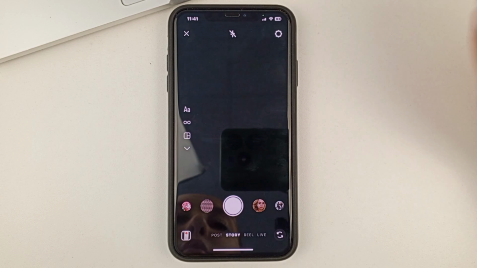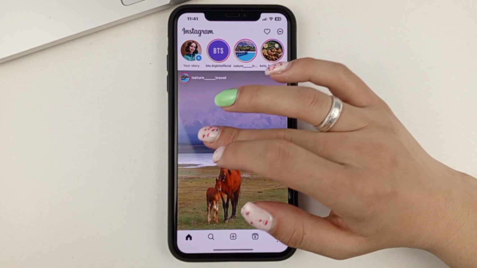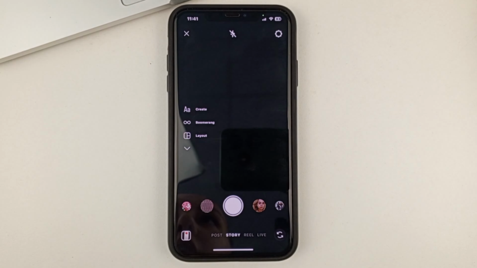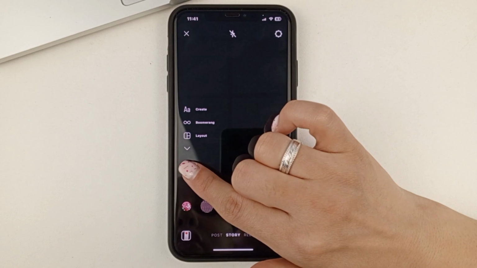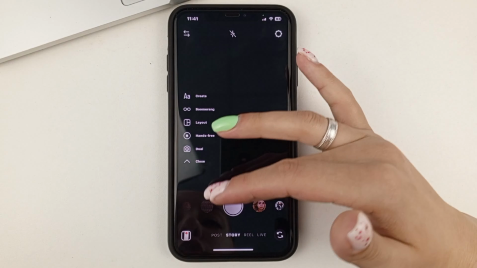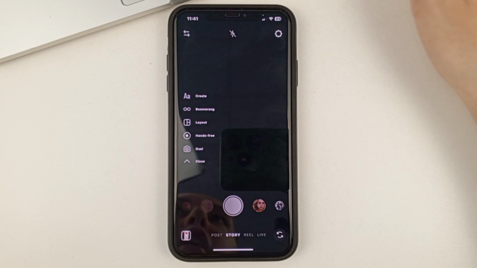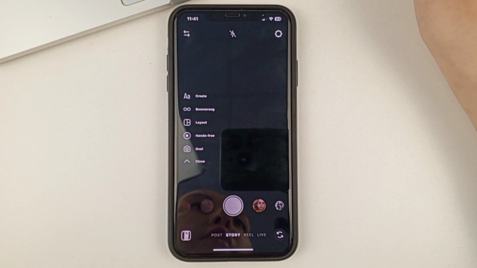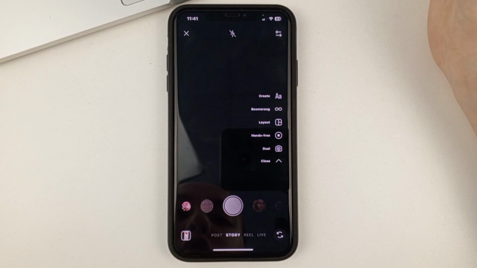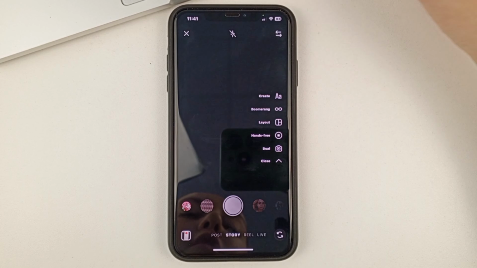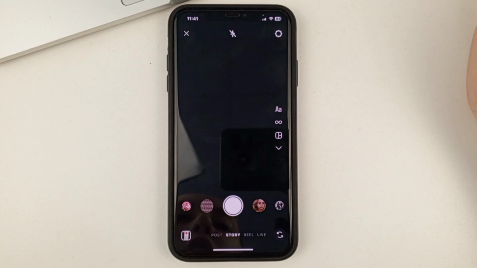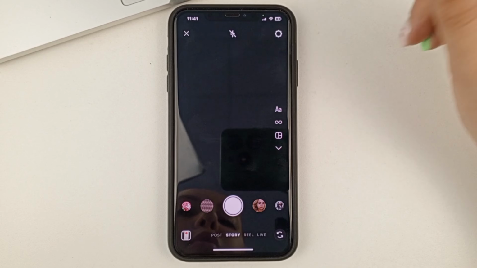And there's another also simple method. When you go into the Stories, underneath the tool and the camera, you click on this arrow here to show all the advanced tools. And at the top, you'll see these two arrows in different directions. If you click on them, the camera tools will immediately go to the other side. And that's how you can move them around.